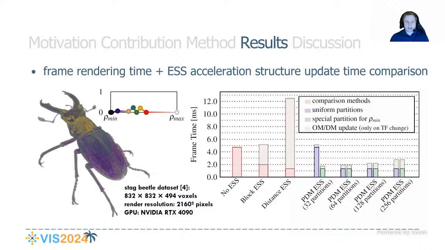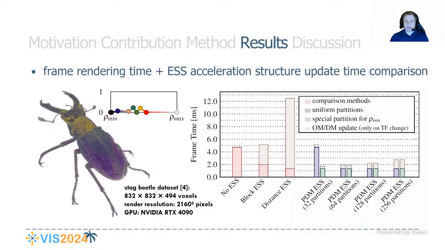The data set used was the stag beetle data set, with the volume dimensions and the rendering resolution stated here. The GPU used to obtain the frame rendering timings was an NVIDIA RTX 4090 GPU. The transfer function used is also depicted here. And on the right side, you can see the graph of the frame rendering timings that we obtained